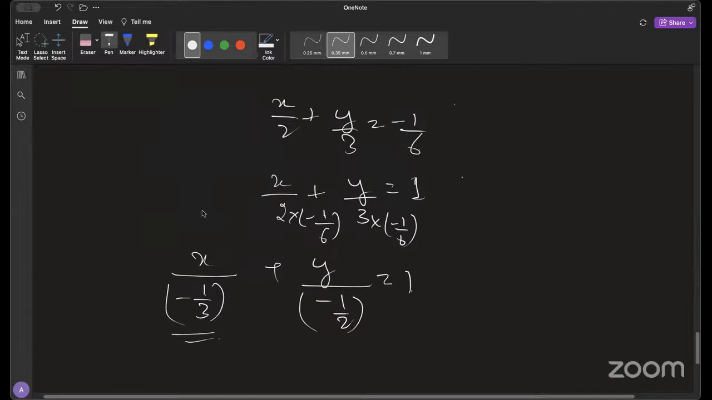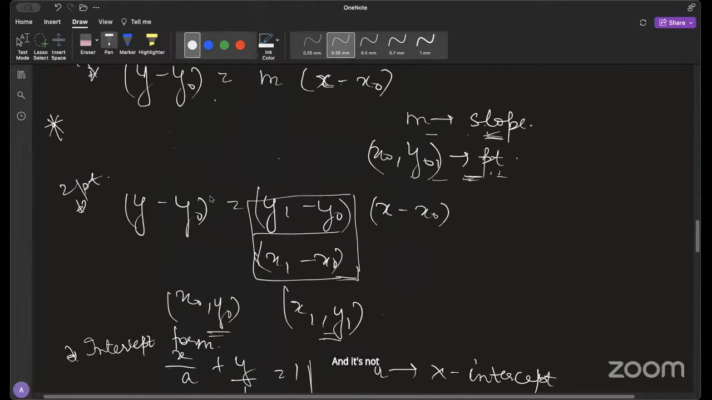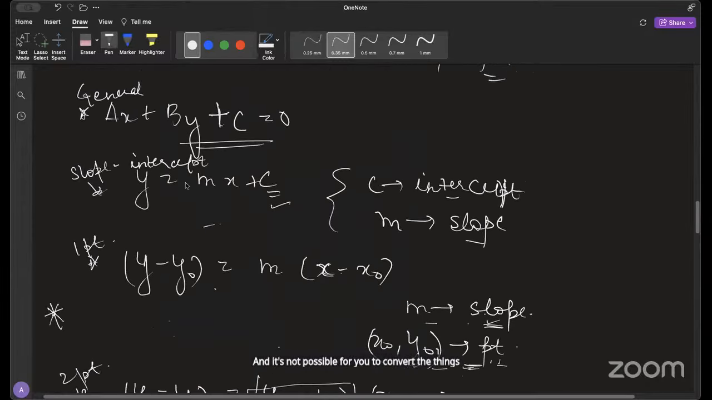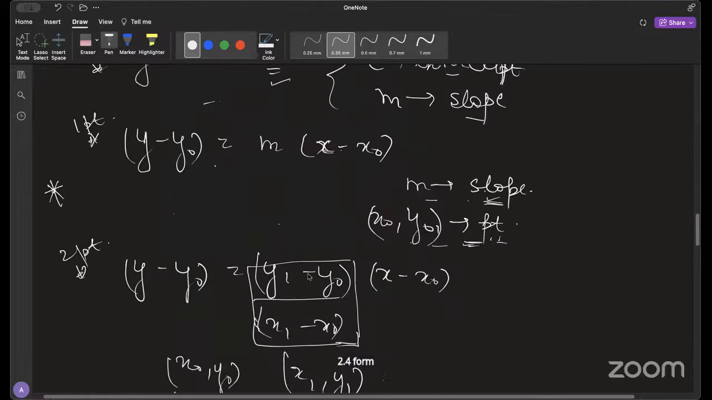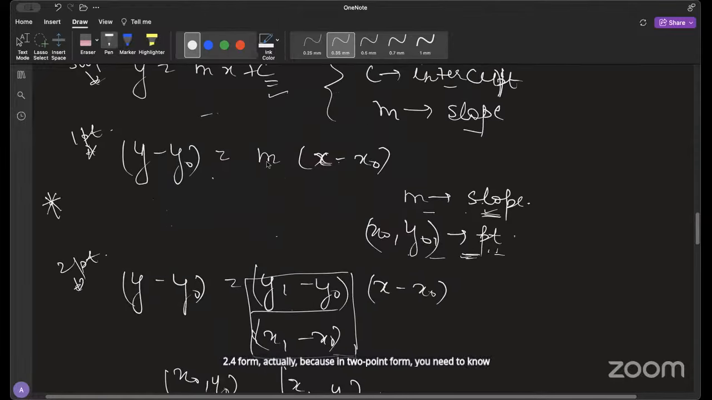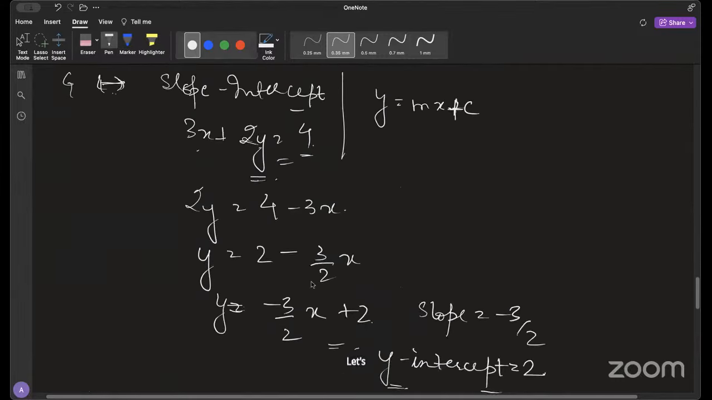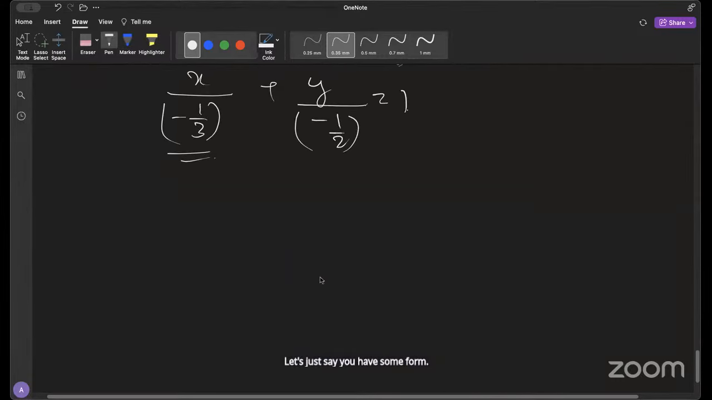It's not possible for you to convert to 2-point form from this, because in 2-point form you need to know two points, and here you only know one point. But let's just say you have some form. To convert it to 2-point form, what you can do is, let's just say...